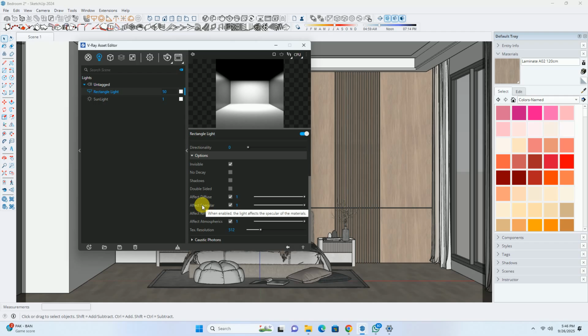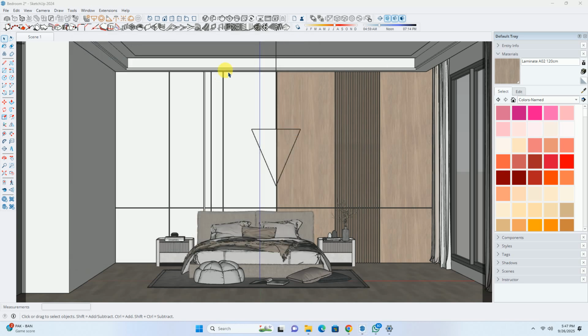We will turn off the effect specular because it will reflect itself in the wall, so we'll uncheck it also. We'll uncheck the effect reflection also because otherwise this light will get reflected when we place a reflecting surface like a mirror or any other polished surface. So we'll have to check it off also. Now we'll close it. Let me hit the interactive render.